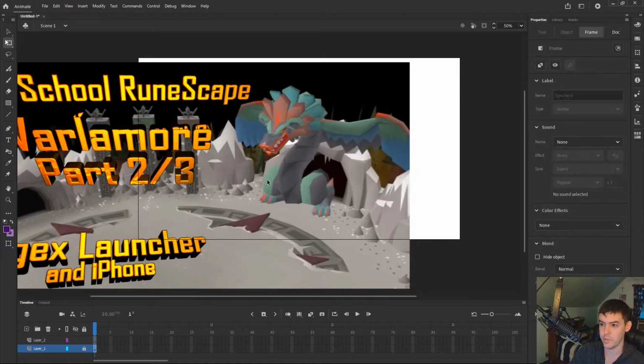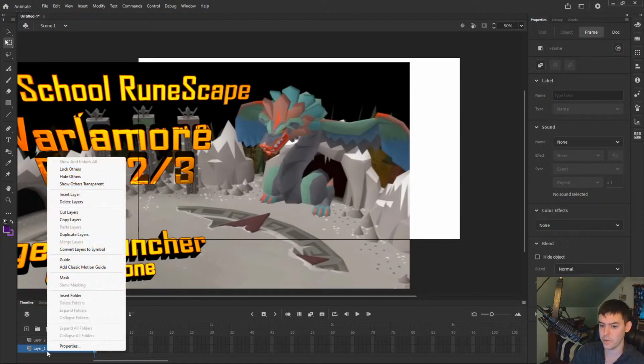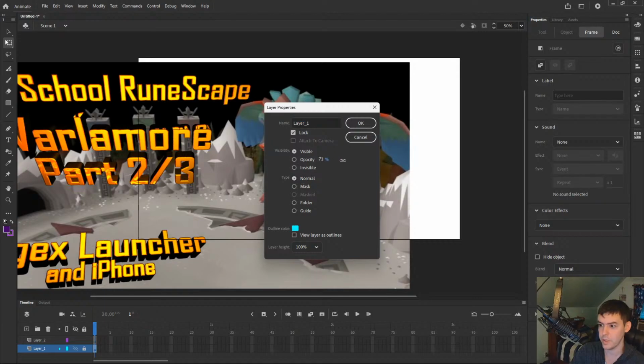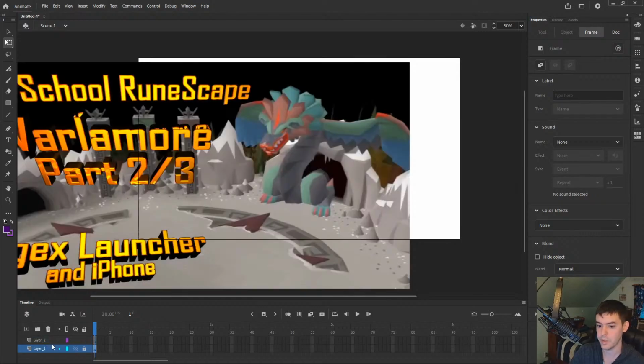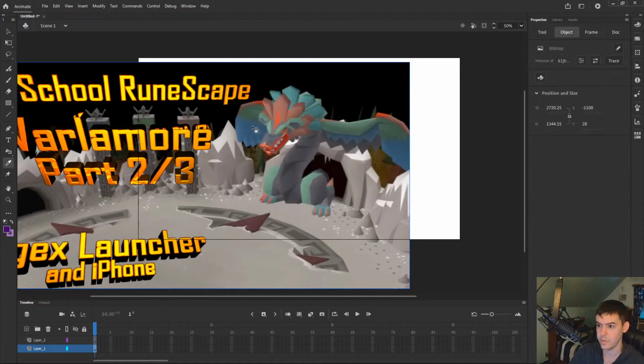So I imported this layer to stage in layer 1. Obviously I locked the layer, so I can't click it anymore. So I'm going to right click and go to properties and change the opacity down. All right. I'm going to select layer 2 after locking layer 1, and I'm just going to trace over this guy. So real quick, let me change the properties back and I'm just going to get the colors. So let's get this color over here, select this, and let's go to